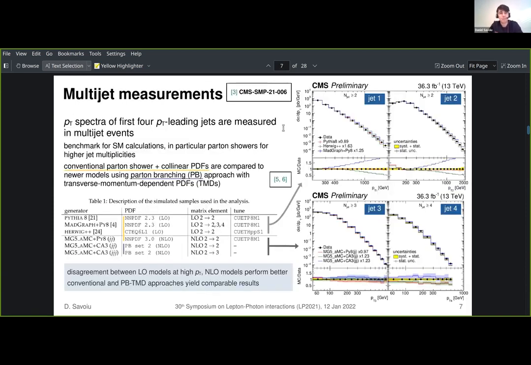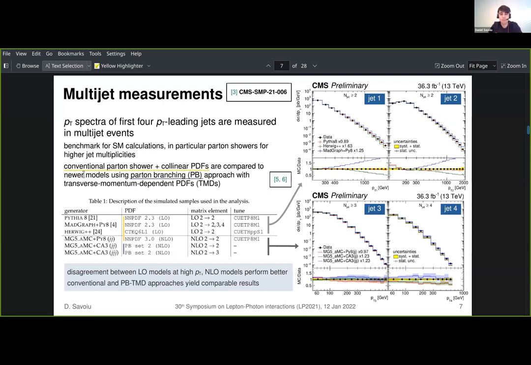Now, moving on to a different type of measurement, this is multi-jet production. The idea here was to measure the PT spectra for the 4 leading jets in the event. This is very interesting because you start to rely more and more on parton showers to describe your high multiplicity. There's also an interesting new approach for determining these predictions, the parton branching approach coupled with transverse momentum dependent PDFs, and the comparison between these models and the more conventional parton shower plus collinear PDF approach